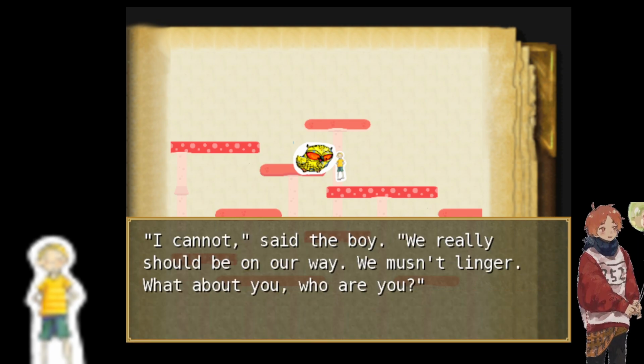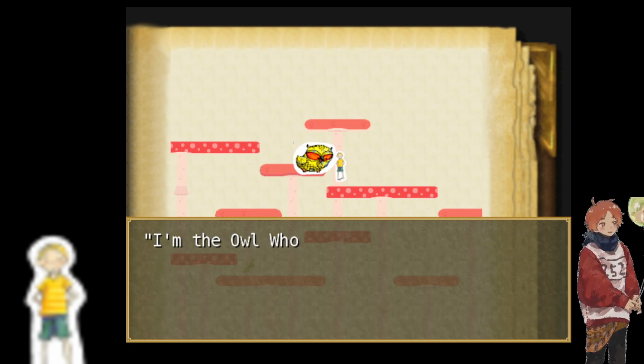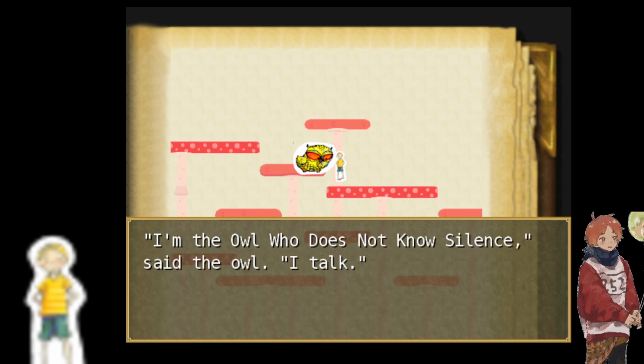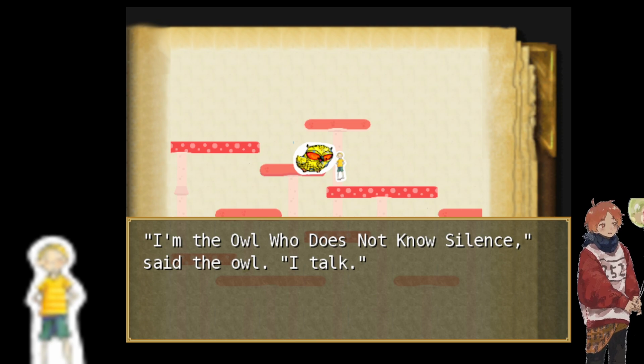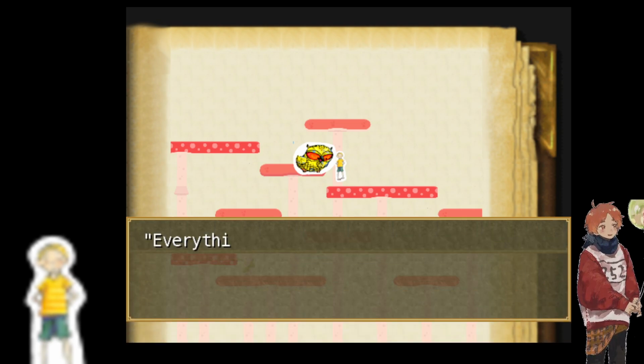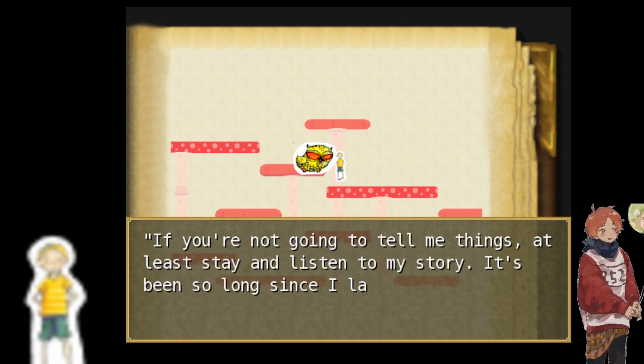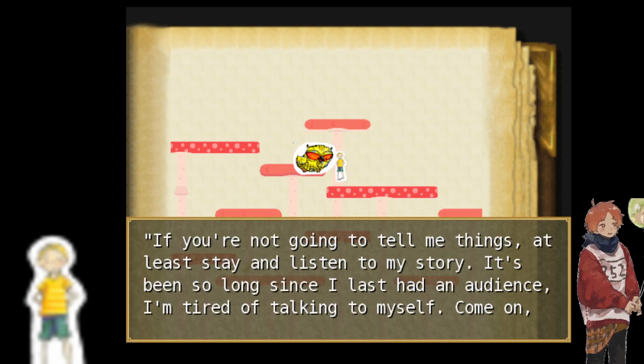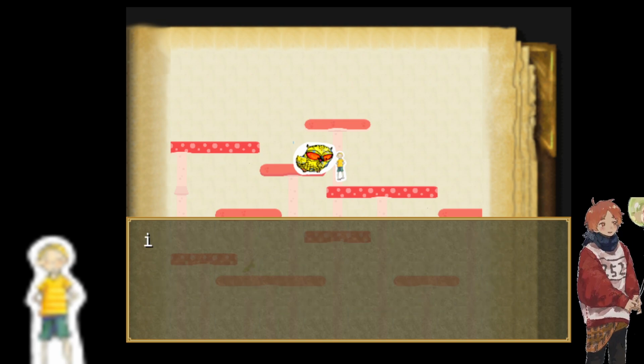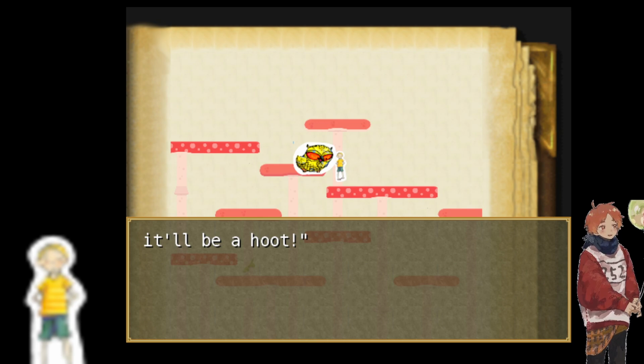We really should be on our way. We mustn't linger. What about you? Who are you? I am the boy who does not know silence, said the owl. I talk. What do you talk about? Everything. That seems vague. If you're not gonna tell me things, at least stay and listen to my story. It's been so long since I last had an audience. I'm tired of talking to myself. Come on, it will be a hoot.